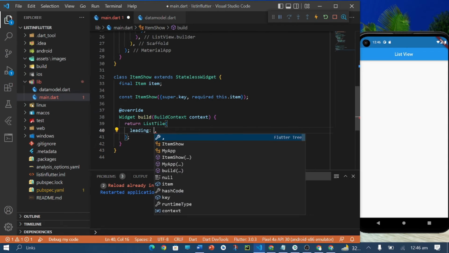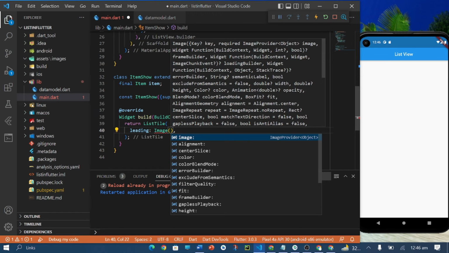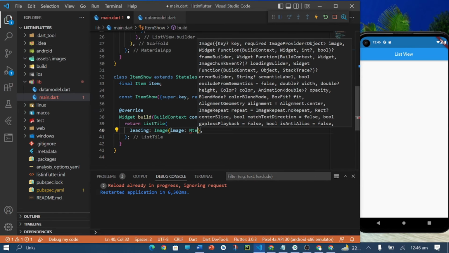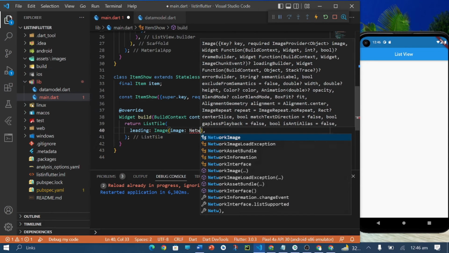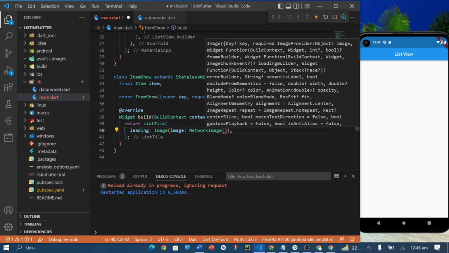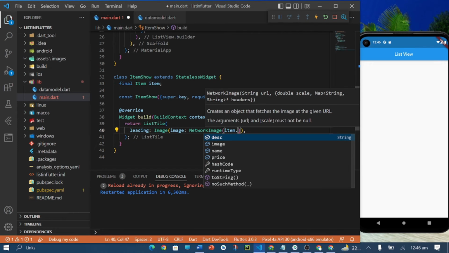So leading is basically the first element that you want to show in the list. So here in leading element I would like to show my image. For my image, as you know, I am using a network image, so I will pass my network image, and in network image I am saying that please pick the URL of my network image from the class which I have declared in the data model file. So I am going to pass this